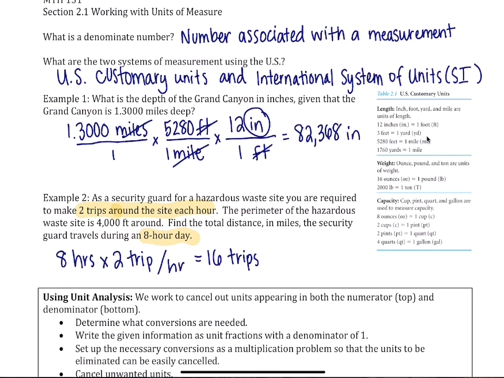Well, each trip is 4,000 feet. So I will take that 4,000 feet and multiply it by the 16 trips, and I can think of that as 4,000 feet per trip. You don't have to get too involved with how you're setting these up, just realize that we are multiplying here. So I take my 16 times the 4,000, and that tells me that we are traveling 64,000 feet each day. Now we need to convert feet to miles,